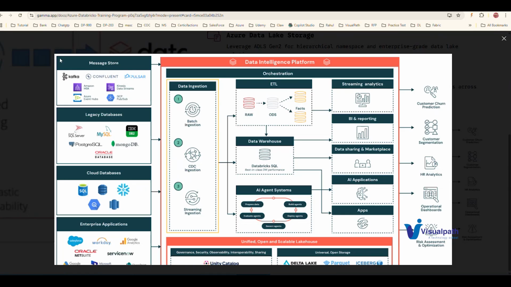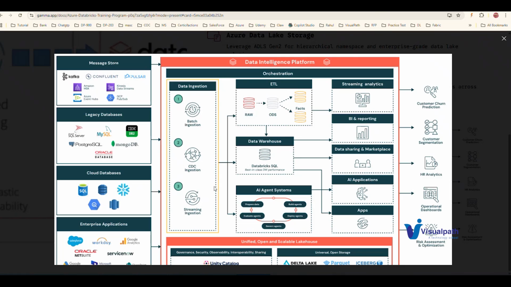So we can connect the data from these sources, and there can be batch execution. Do you know what batch execution is? It will execute one after another. I'm not going into the details of this one. We can do change data capture and streaming ingestion, and this is how Databricks handles the different sources.